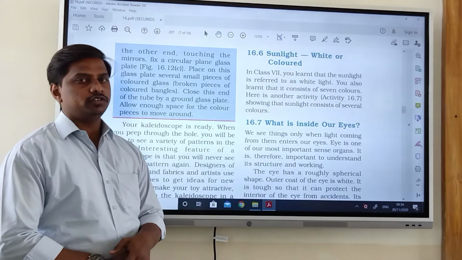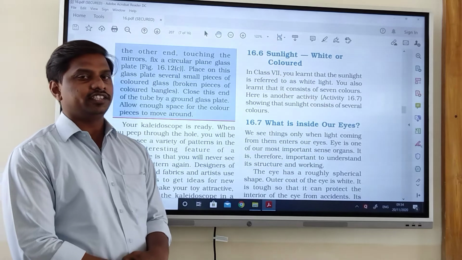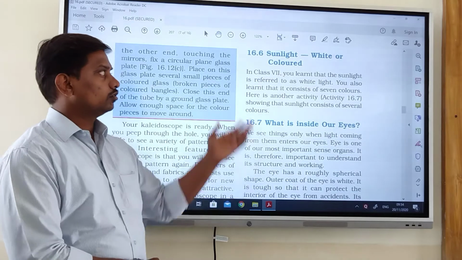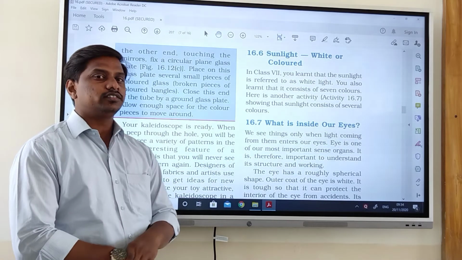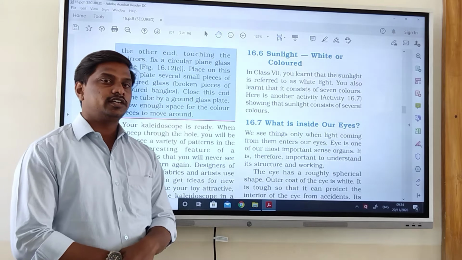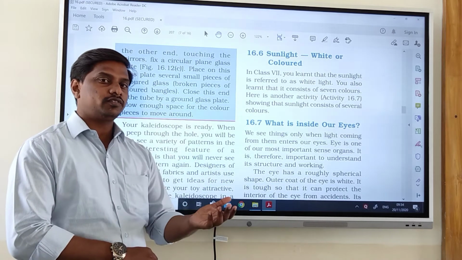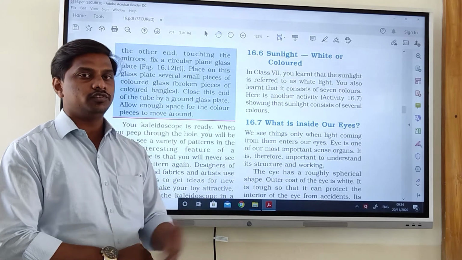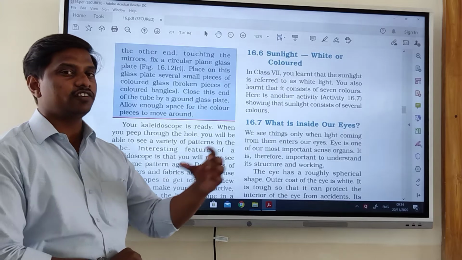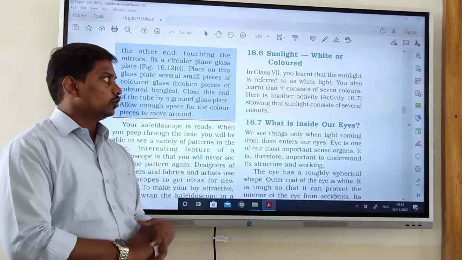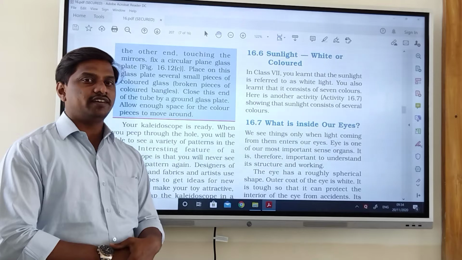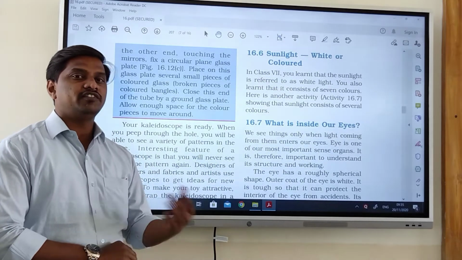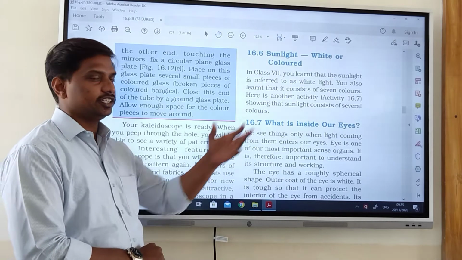So today we are going to see the topic of sunlight. Is it white or colored light? Actually, sunlight is white. It is constituted by different types of colors, that is VIBGYOR, which you can see in nature as a rainbow, constituted by 7 colors. We can say it in shortcut, VIBGYOR. Naturally it looks white, but when we pass sunlight through a prism, it forms 7 different colors, like the rainbow in nature.